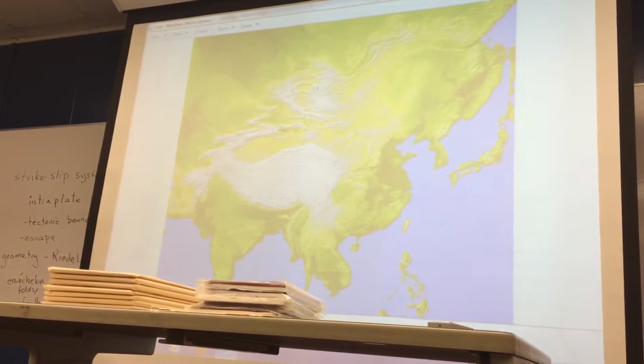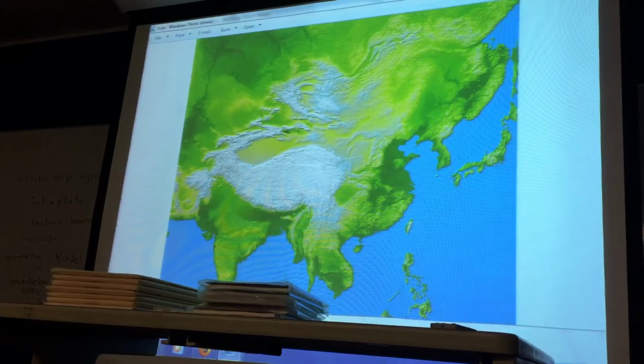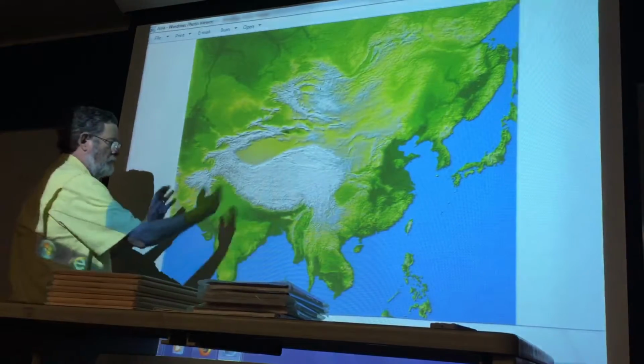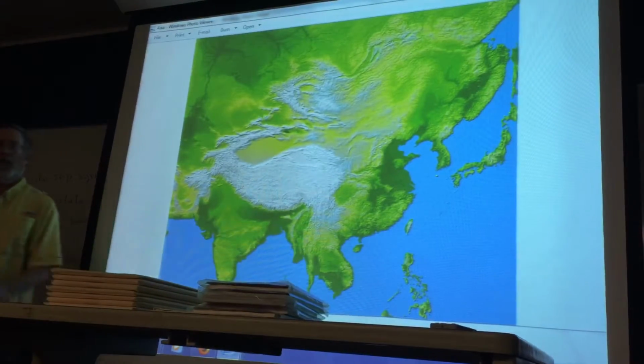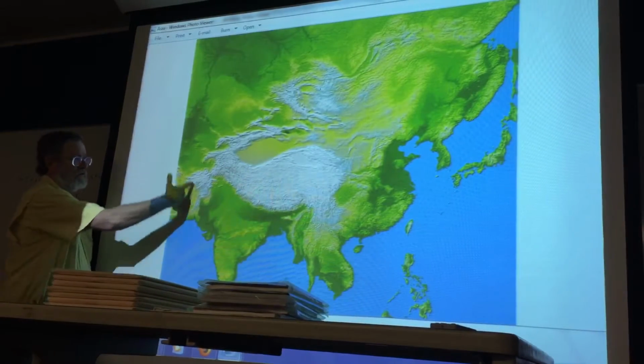The other day I described this as potentially being an escape complex. If we just start doing an analysis of what appears to have happened, if we look at the system,